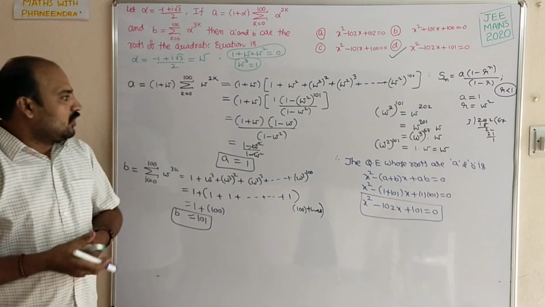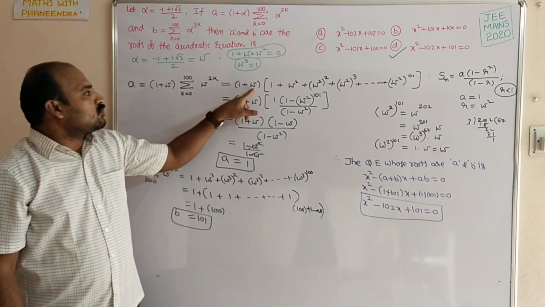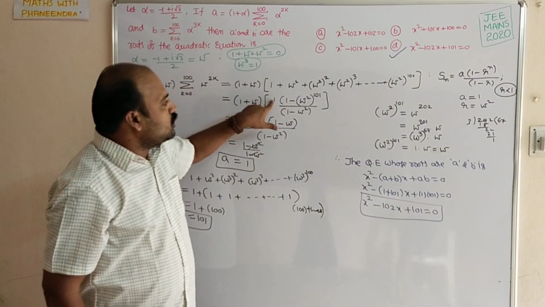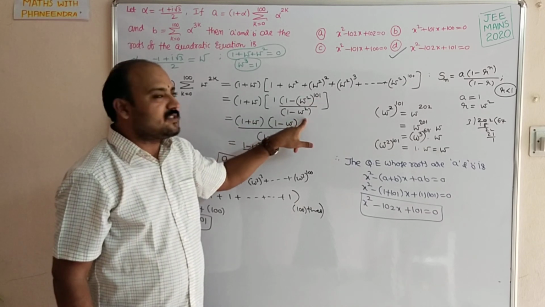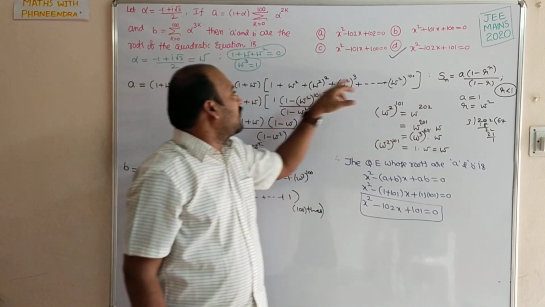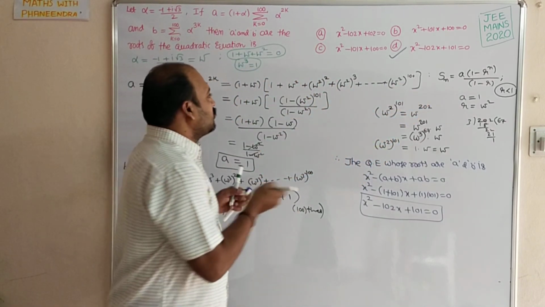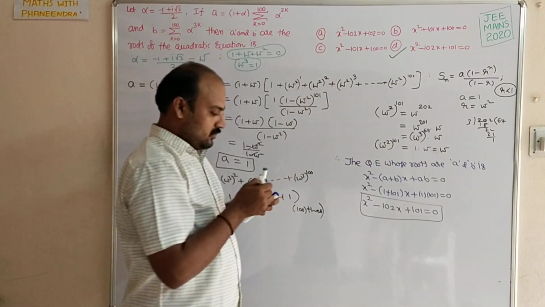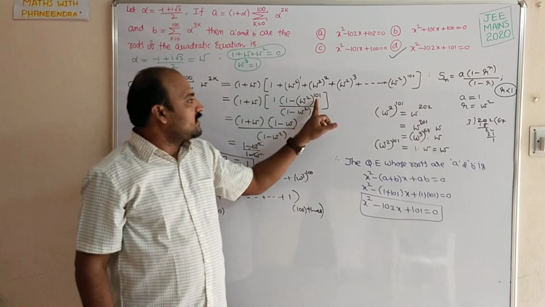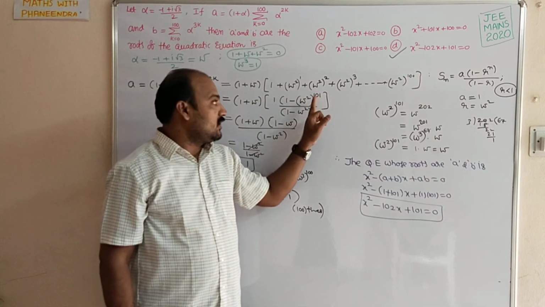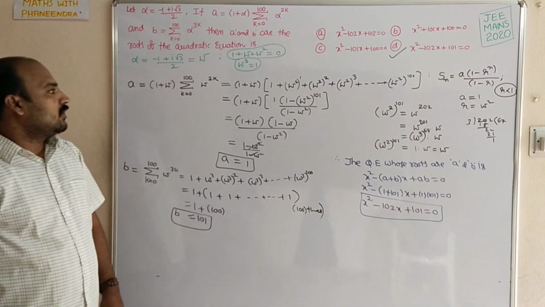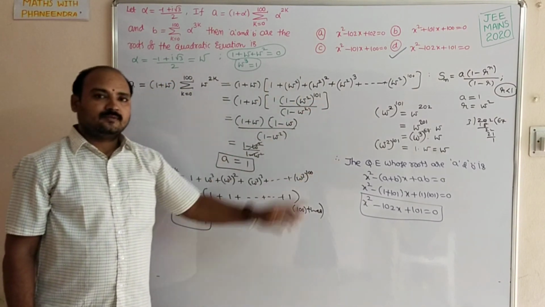See here, the only turning step is 1 plus omega square whole square and so on. A into 1 minus r power n by 1 minus r, where r is less than 1 case. Here, from here to here 100 terms are there. 1, 2, that means here this is omega square whole power 1. It starts from 1, so 1, 2, 3 and so on up to 100, plus an extra 1 term is there. That is the reason 101 we are taking now. This is the turning step. You remember that, dear students? From there it will be easy.